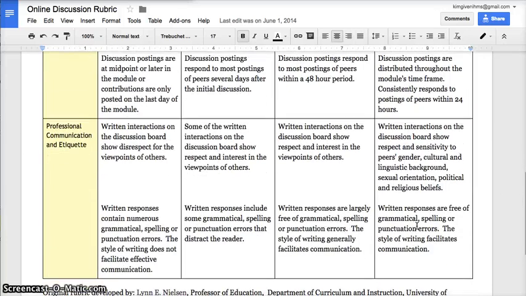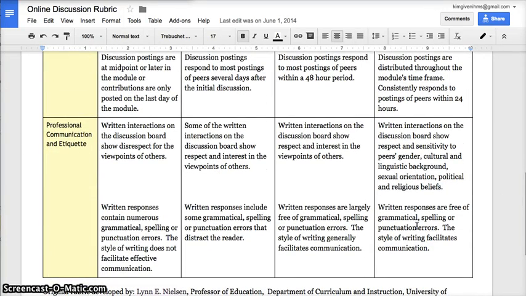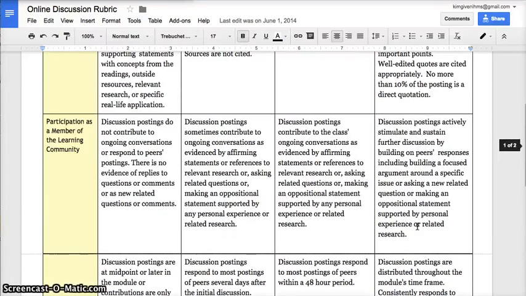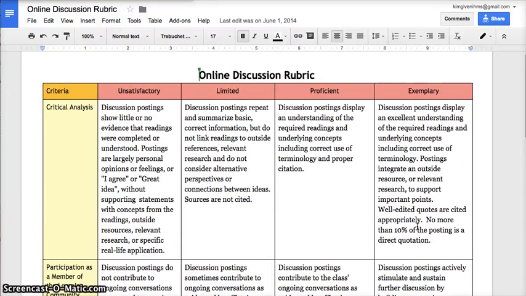And then finally, just some common sense in terms of use appropriate vocabulary and etiquette, and remember that we don't have facial expressions to go along with what we're saying, so we want to word things in a way that makes this a supportive and positive learning community. So this rubric is here, and it's linked in each of our discussions in case you want to go back and check your work.